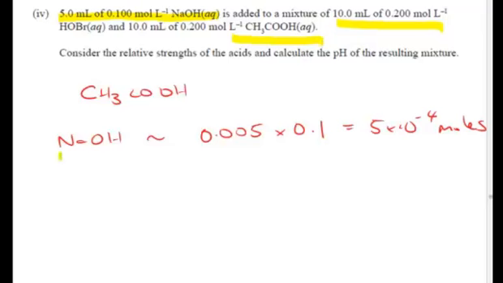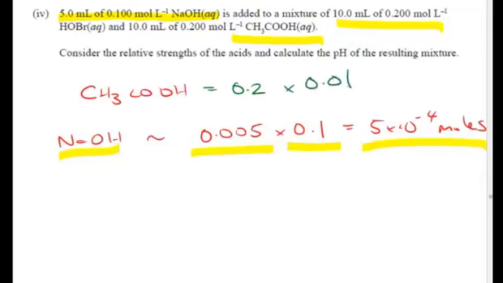So if we look at the sodium hydroxide, we get 5 times 10 to the negative 4 moles, that's 0.005 litres times 0.1 mole per litre sodium hydroxide, and then we just have to have a look at how much ethanoic acid we have. Well, we've got 0.2 times 0.01 litres, and obviously in that case that's going to give us 2 times 10 to the negative 3 moles. So that means we'll have left over in the ethanoic acid 1.5 times 10 to the negative 3